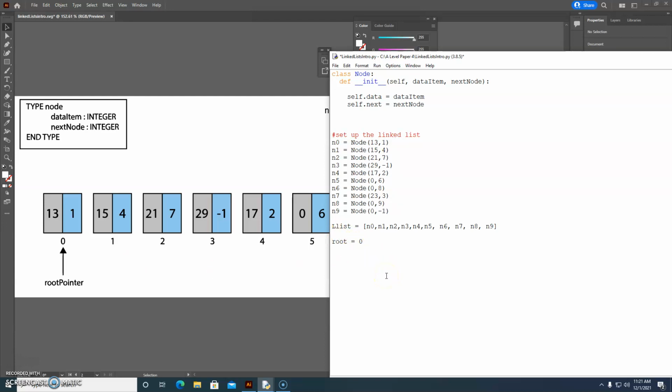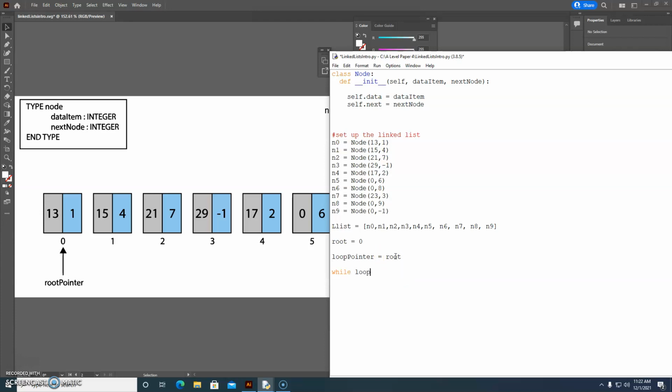Now let's look at an algorithm which will allow us to loop through the linked list and print out each of the data items within the node. Okay, so I'm just going to create a loop pointer here. As I just suggested, I'm not going to update the root. I might need that later. So I'm just going to create a loop pointer and set it to the same value as the root, because that's where we're starting. We're starting at 0. I could, of course, do this, but whatever, let's be fancy. I'm just going to say loop pointer is root,